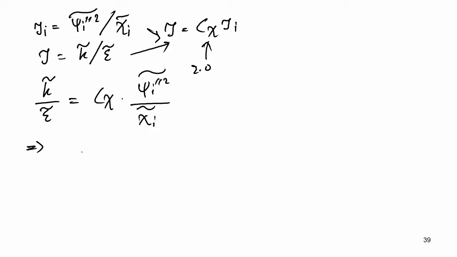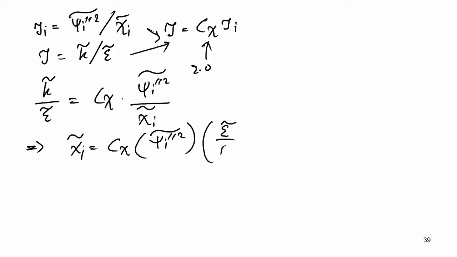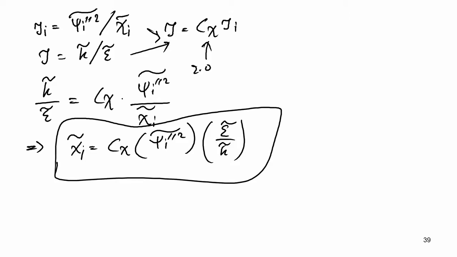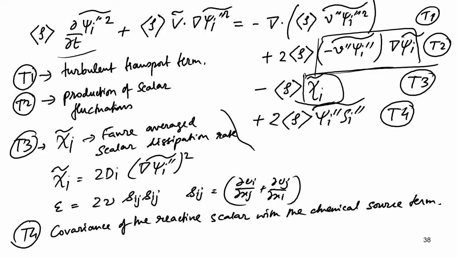And this means that, okay. So, this way the scalar dissipation rate can be modeled. Okay. So, this is the thing. Now, if you use the concept that in this equation, this production is equal to dissipation, that is, if we equate this T2 and T3,